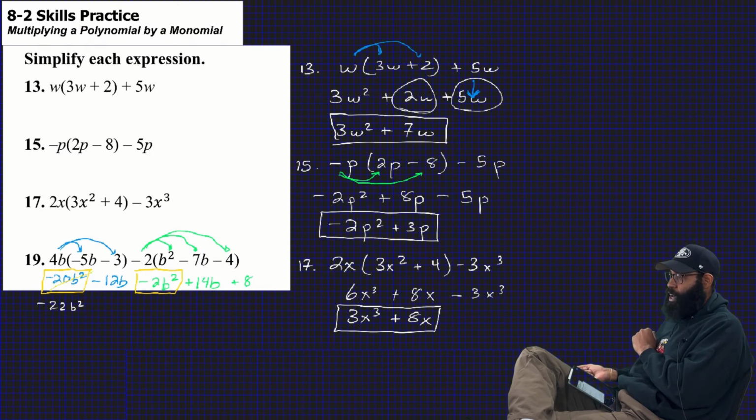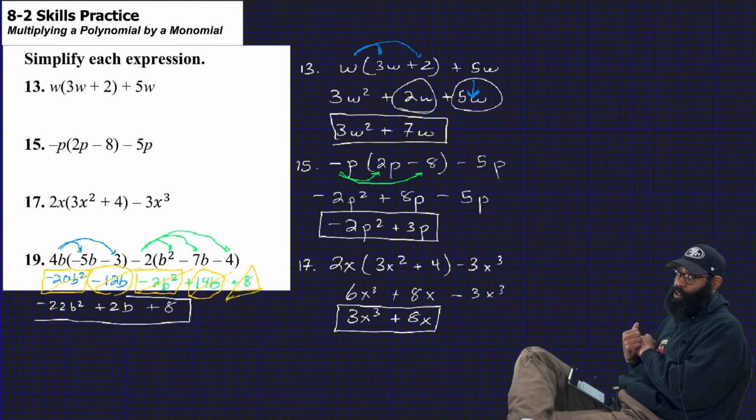There we go. Negative 20 and negative 2 give me negative 22. Now, next one, use a circle for the b term. So of course, negative 12b and a positive 14b. I got more positives than negatives, so I take away in my head and I end up with 2. So there's that 2b. And then of course, there's only one term left. You'll get the triangle, a